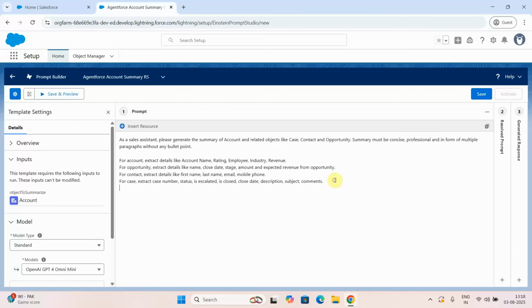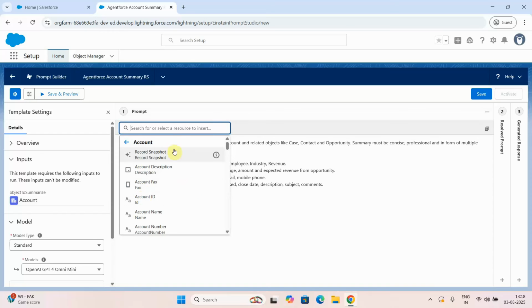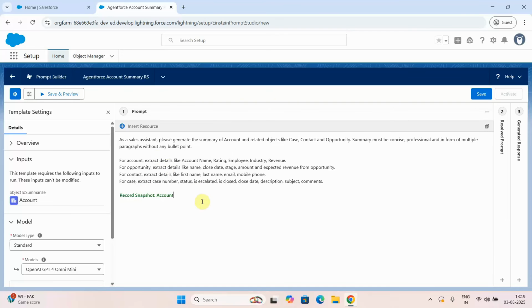Instead of that, if you click on this insert, account provides something called record snapshot. Record snapshot returns the account page layout. It also returns information about all the related objects like contacts, opportunities, cases, and the information of the account. So I can simply say record snapshot. That's it. Then here I can say highlight